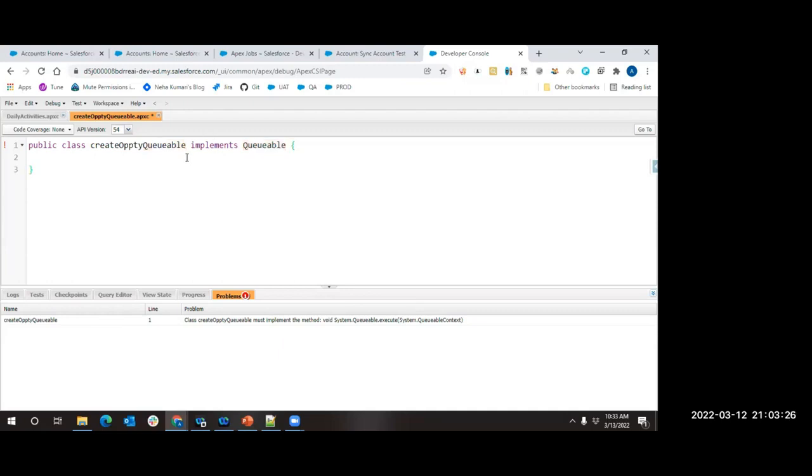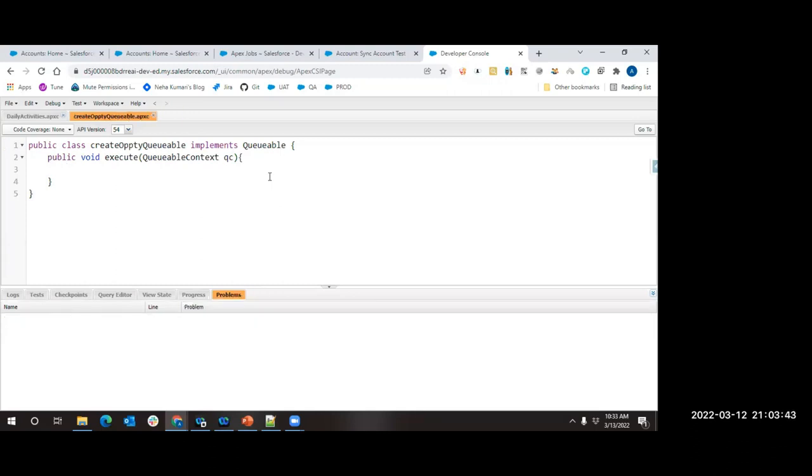Okay, fine. What is the method that we have here? The method name is execute. Very simple. The method name is just execute, and this is a parameterized method, and the parameter is QueueableContext. You can just give any name for this. If you just save like this, then yes, the class will save. You don't have to write logic. If you just have the method, that is enough for me.